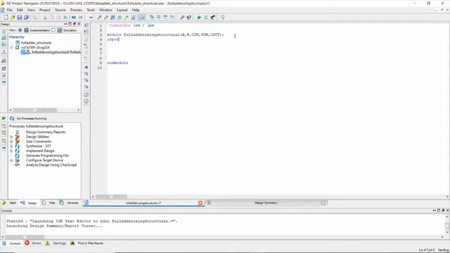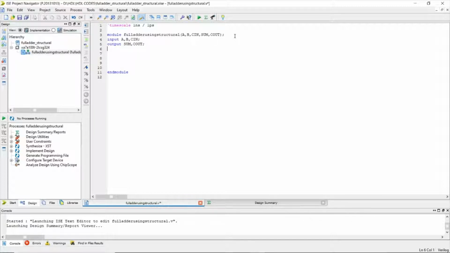Input ports are A, B and C in, and output ports are sum and carry out. Be careful, Verilog is case sensitive, so use small letters for the keywords.